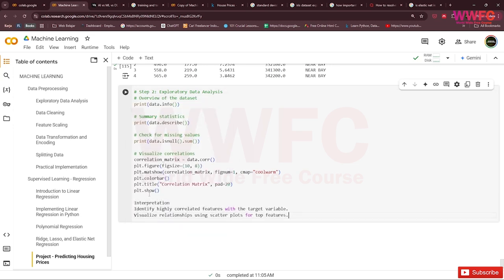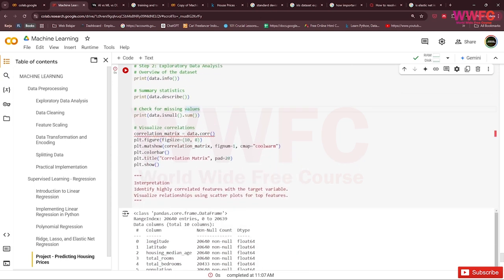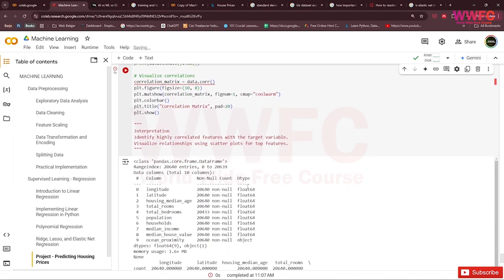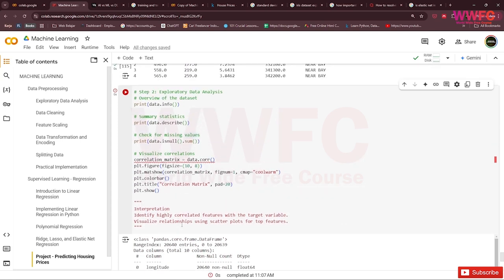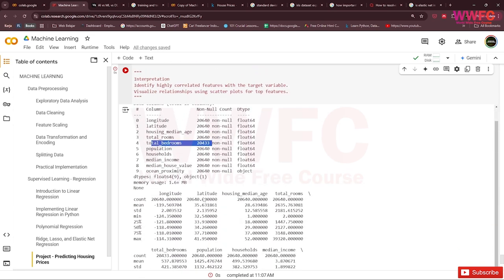We want to check the data correlation, so we check the data info. The data info shows 20,000 rows, but total bedrooms has nulls.